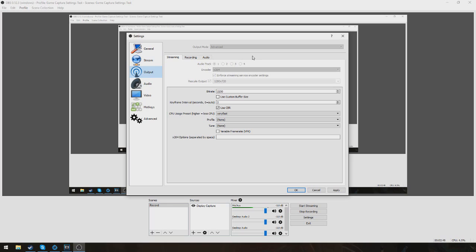Output. Here's the big thing. Streaming. Put the bitrate on whatever, higher or lower. This is a good thing for me, for quality. You want to get a mix between quality and rate, because if your rate's too high, a lot of people won't be able to watch it unless you are a streaming professional and you're able to give people the custom streaming numbers. So for me,